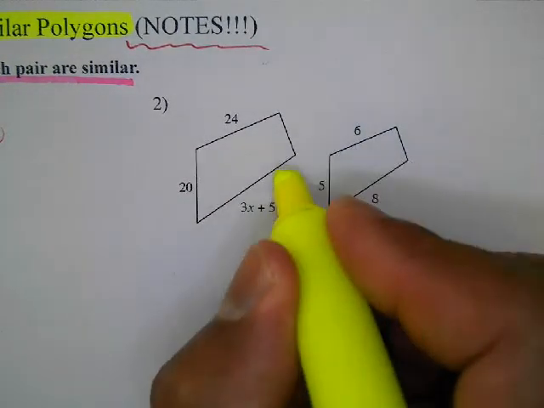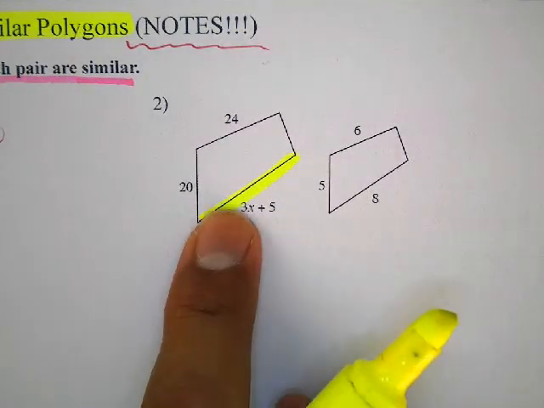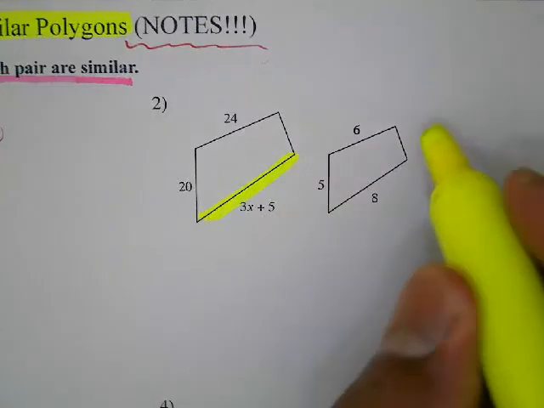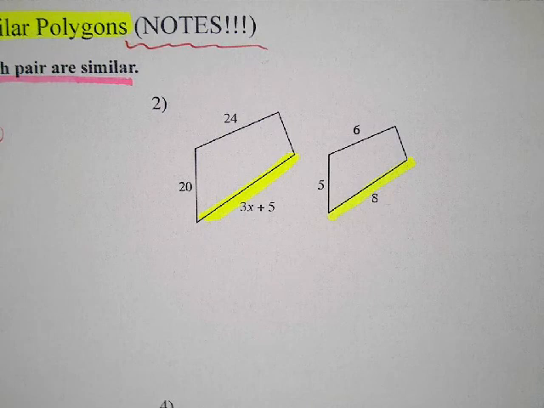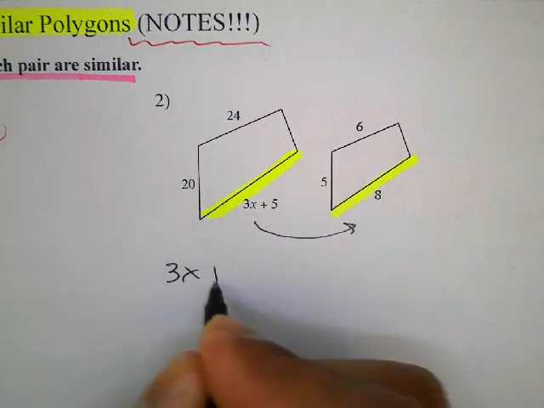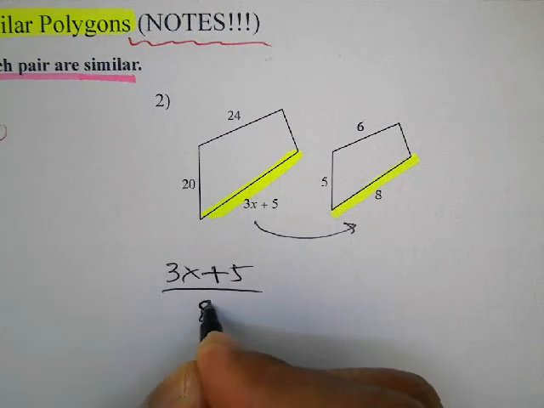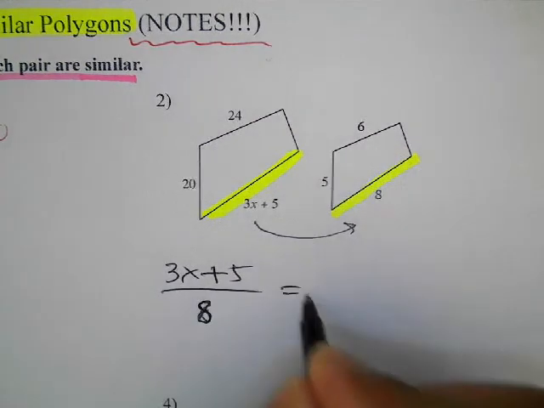All right, what do we got here? Well, I gotta definitely start with the one that has the missing variable or the expression. So that side corresponds to this side. So that's going to be, oh, and I'm gonna put my arrow. That's gonna be 3x plus 5 is to 8